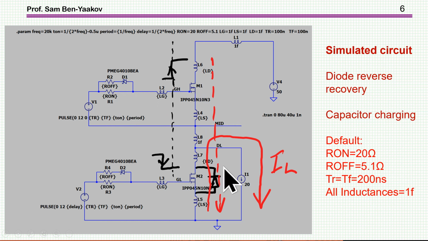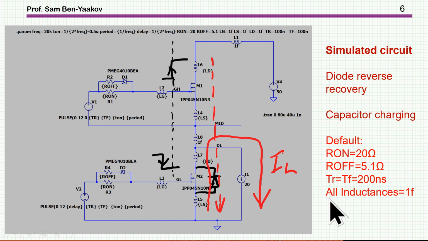And of course the model of the transistor includes the parasitic capacitances between the gate and drain, gate and source, and drain and source. So this is taken from the library for this particular transistor. The voltage in this simulation is going to be 50 volt. And I'm going again to run simulation in which I'll change or add inductances to see the effect of these on the operation. So let's start with the default